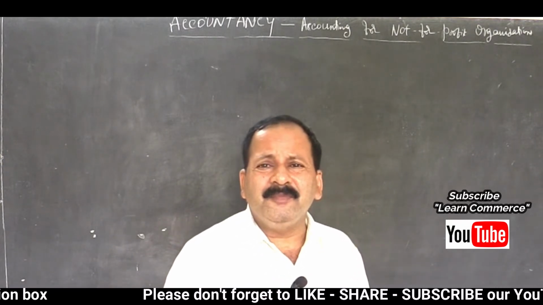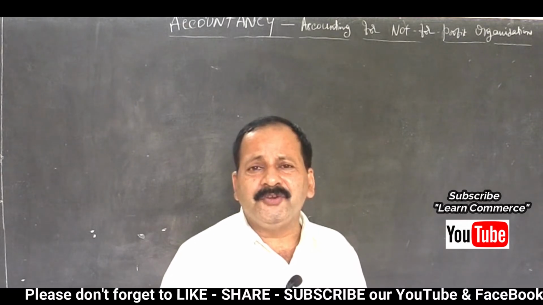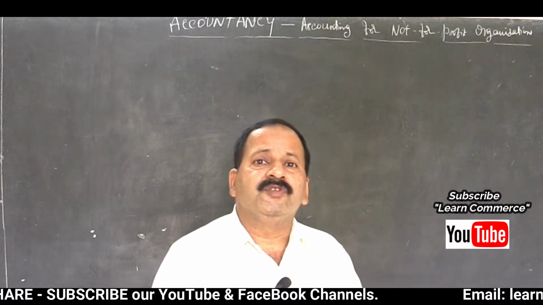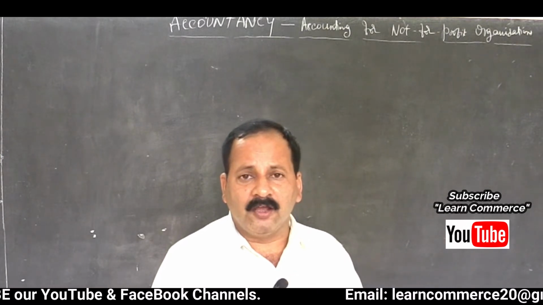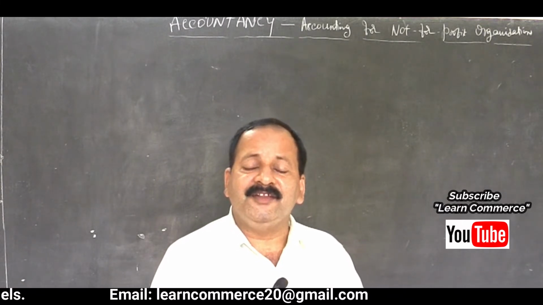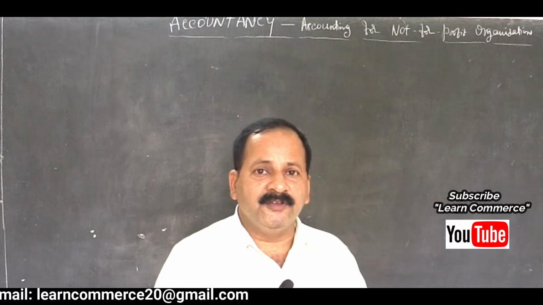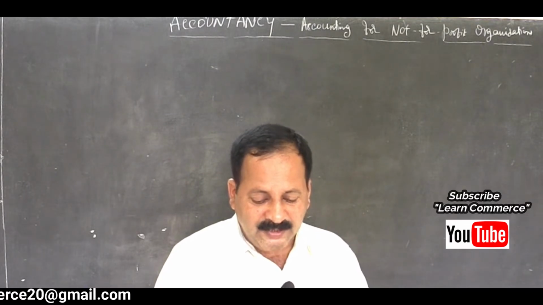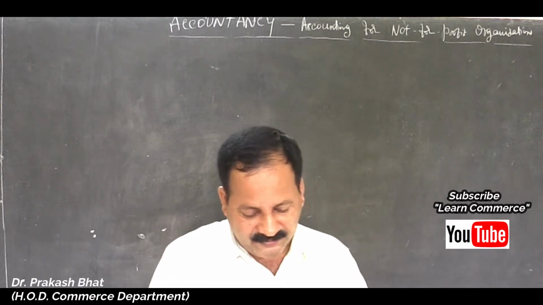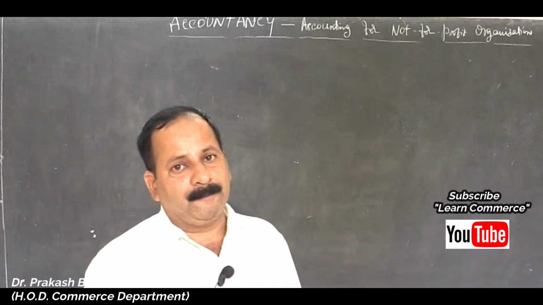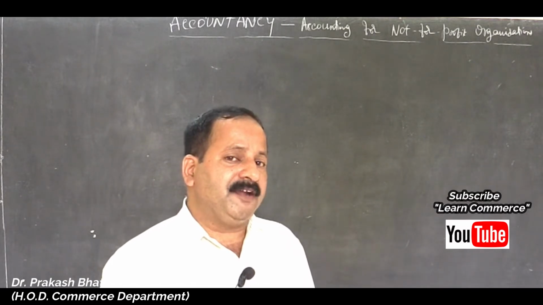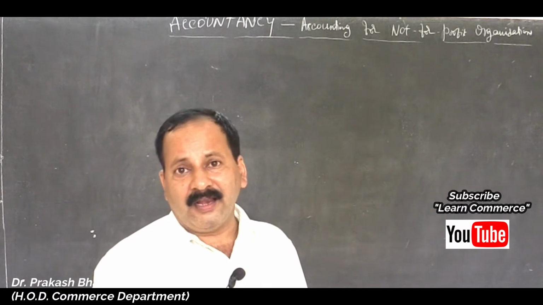Locker rent. Locker rent means you pay rent to the banker for keeping valuables in a locker. You will be provided a locker and a key, and you have to pay rent every year. So it is routine and recurring in nature, so it should be entered on the income side of the income and expenditure account. Life membership fees, no doubt, is capital, so it should be added to the capital fund on the liability side of the balance sheet.